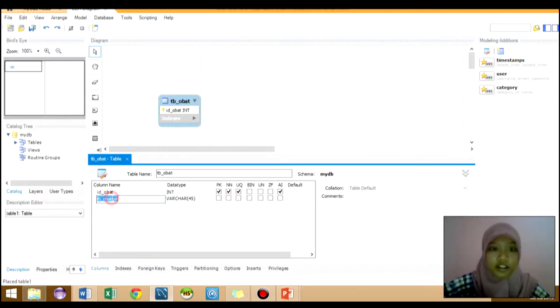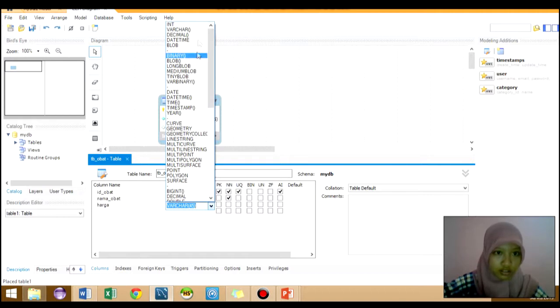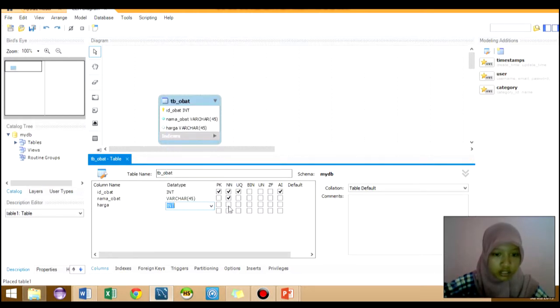The next column is nama obat. The data type is varchar, not null. The next is harga, with the data type integer, and then not null.